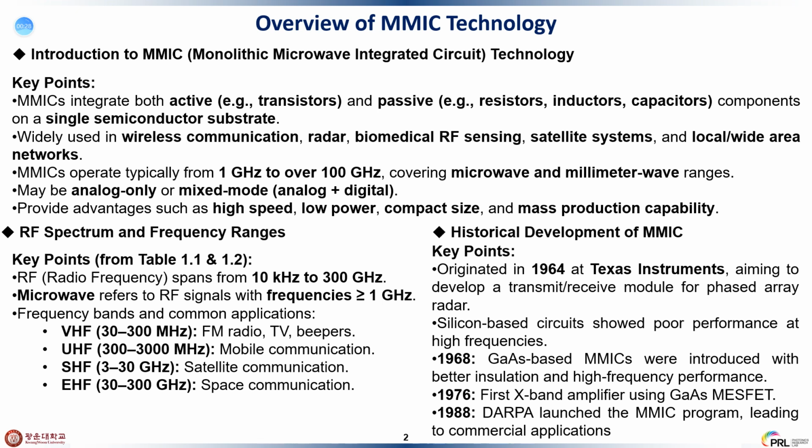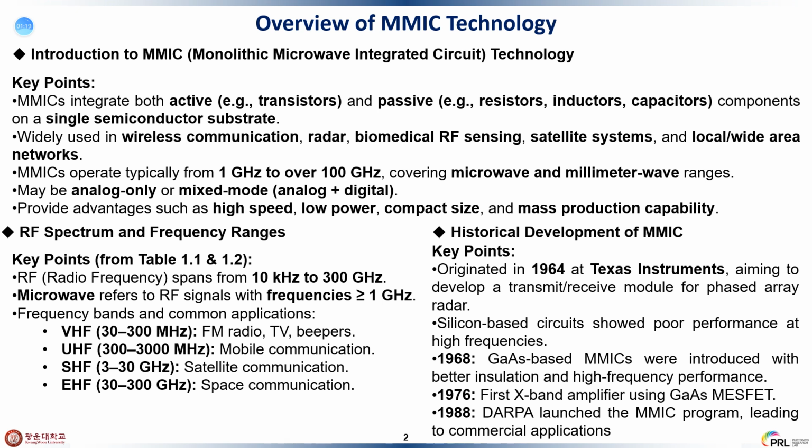MMICs are integrated circuits that combine both active and passive components onto a single semiconductor substrate, and they are widely used in high-frequency applications such as mobile communication, radar and RF sensing. The typical operating frequency of the MMIC ranges from 1 GHz to over 100 GHz, supporting both analog and mixed-mode designs. These circuits offer high speed, low power consumption and compact size, making them ideal for